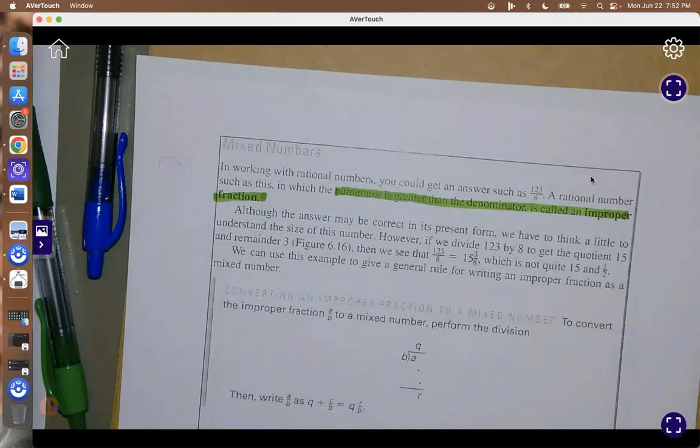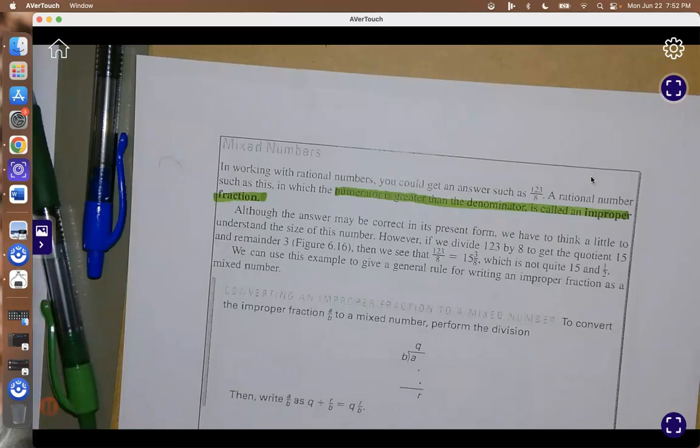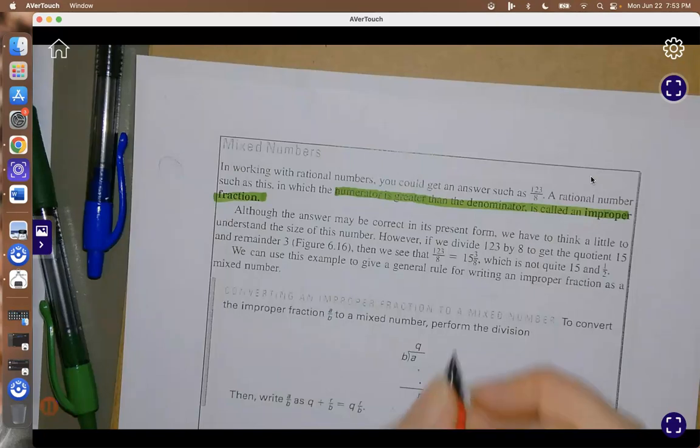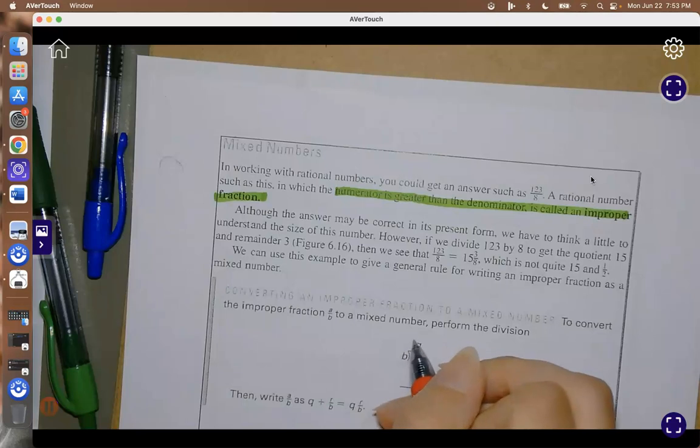So what you have to do is divide the bottom number into the top number. Okay, so we divide the bottom into the top number, and then